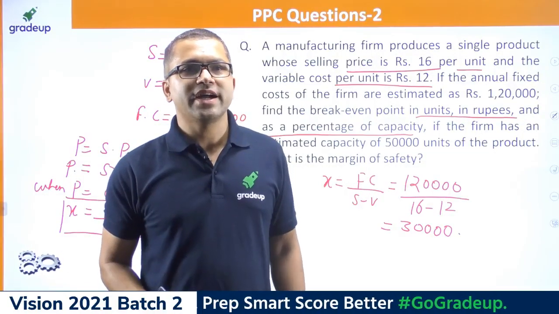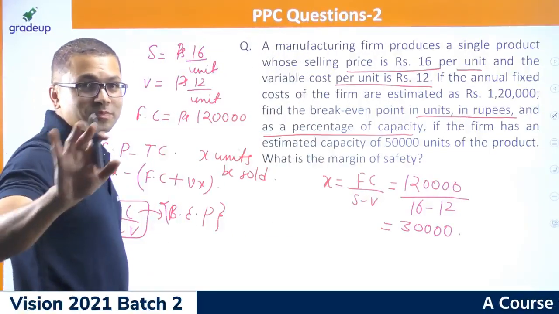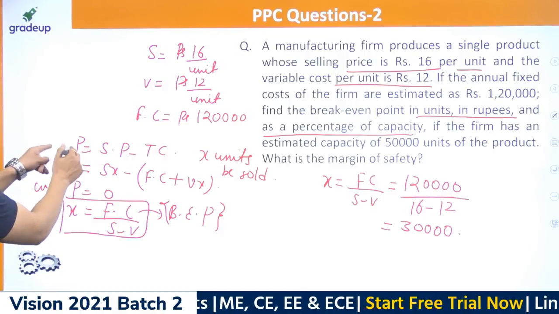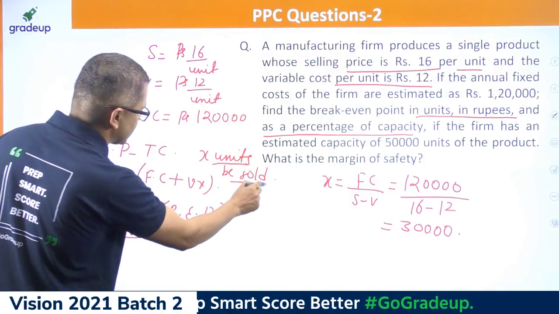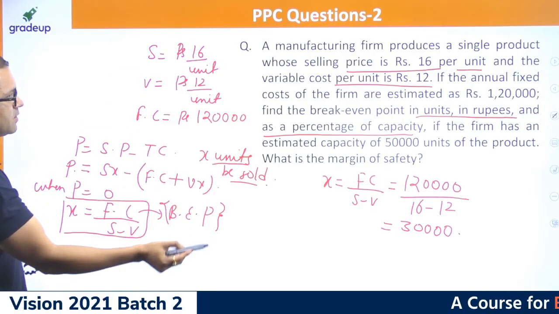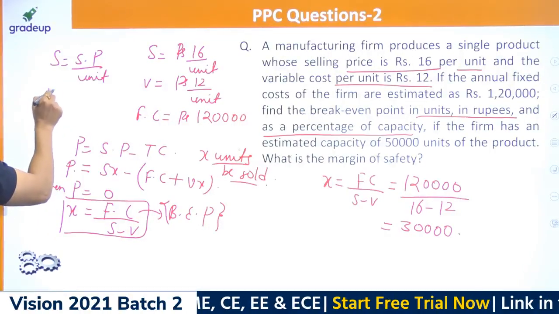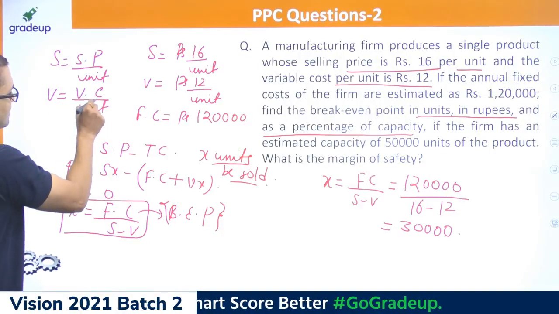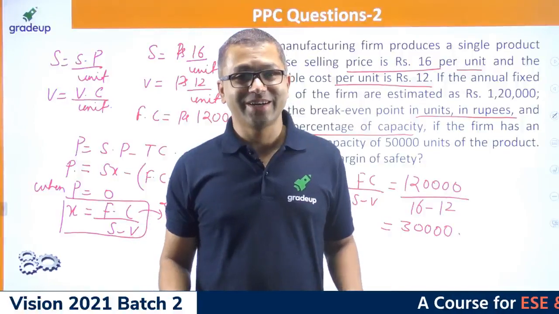Okay, Praveen, if you didn't attend yesterday's class, you will be able to understand this. We are talking about break-even analysis, and this is nothing but profit equal to selling price minus total cost. Let X units be sold, we said. So the selling price of X units is going to be small s into X. Small s is the selling price per unit, and small v is the variable cost per unit. This is very easy stuff. If you didn't tune in yesterday, you can tune in here.